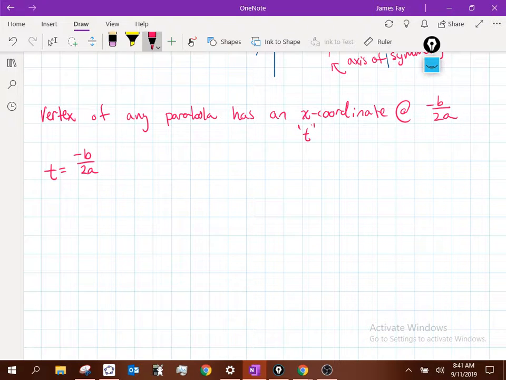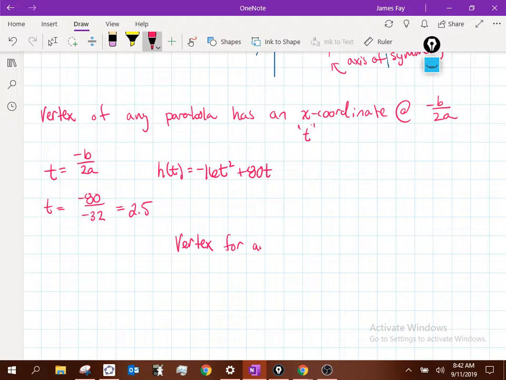Let's go back to the equation we had. If I take the opposite of b, being negative 80, and divide it by 2a, which would be negative 32, right? Negative 80 divided by negative 32 is obviously a positive number. 80 divided by 32 generates a time of 2.5. Okay? So vertex